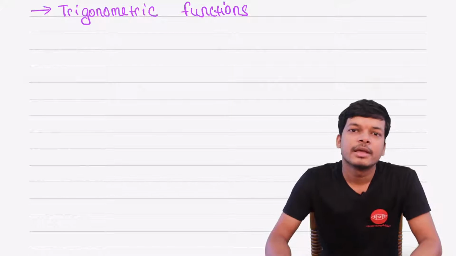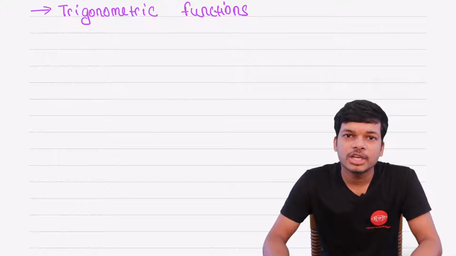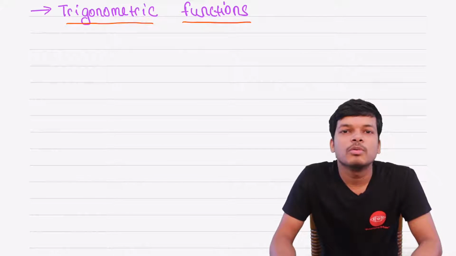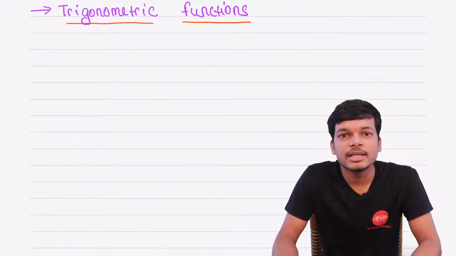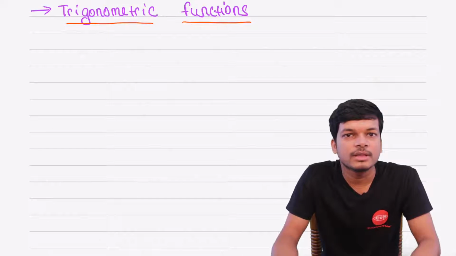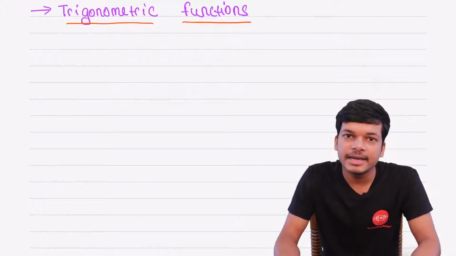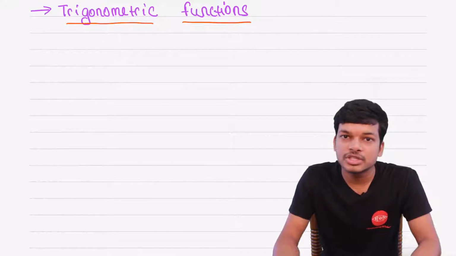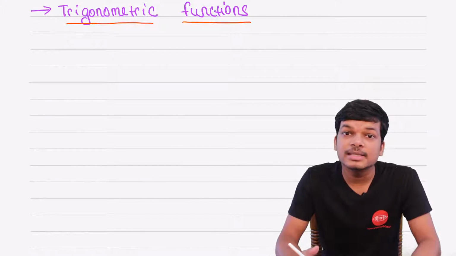Hello students, here we will be starting with a new chapter, that is chapter number 3, trigonometric functions. As of now in class 10th you are already familiar with trigonometric ratios, and further you also know some of the trigonometric identities. Now in this chapter we will be learning about measures of the angle which are both positive as well as negative.